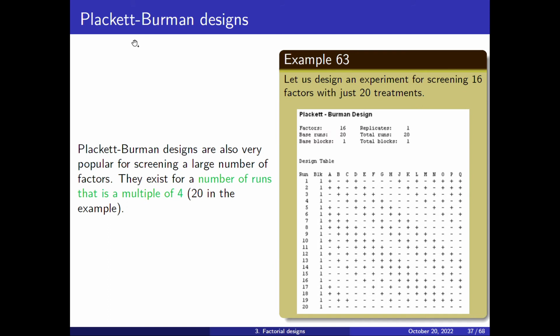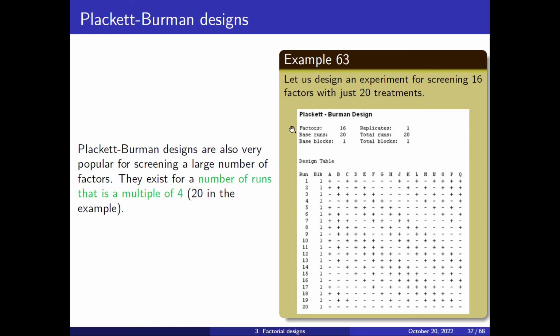We can bring it to the extreme. These Plackett-Burman designs are meant to analyze many factors. For instance, let's say that you want to screen 16 factors. There are 2 to the 16 combinations, that is more than 65,000. But you want to analyze all these 65,000 combinations with only 20 combinations of them. And as we have seen, not all of them are valid,